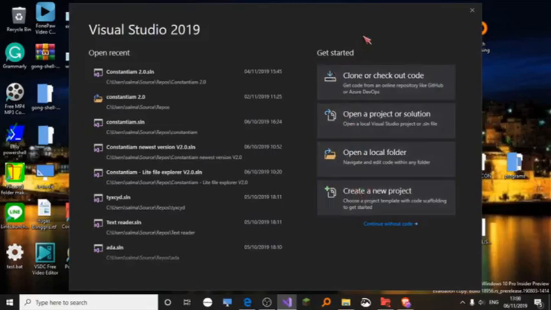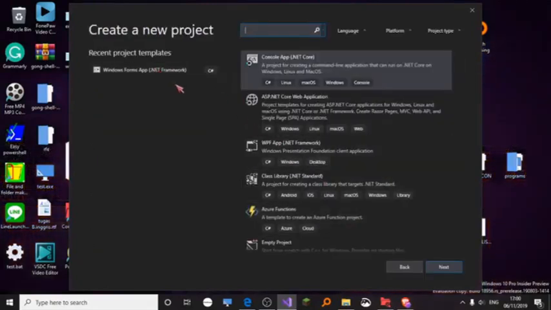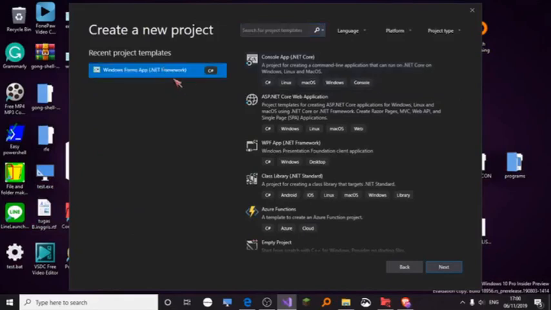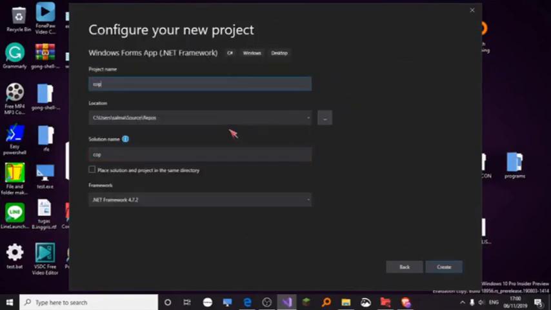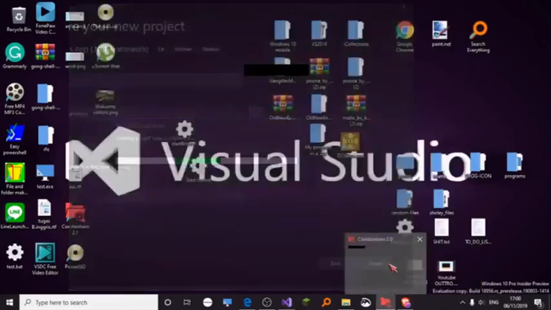Okay? Visual Studio 2019, so let's go ahead. We are going to use C# for this, Windows Forms, .NET Framework. Just name it whatever you like. Doesn't matter. You can call it whatever you desire. My program has